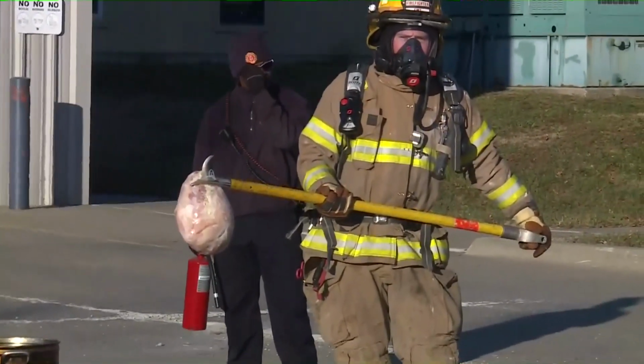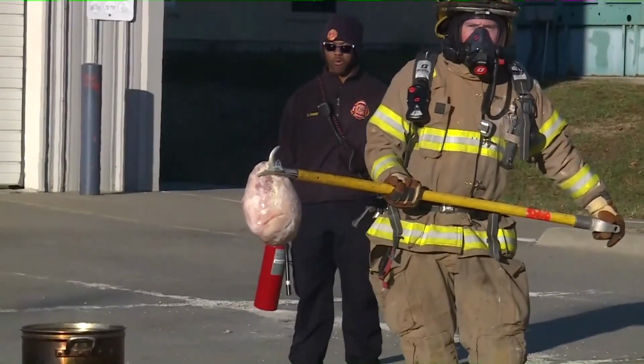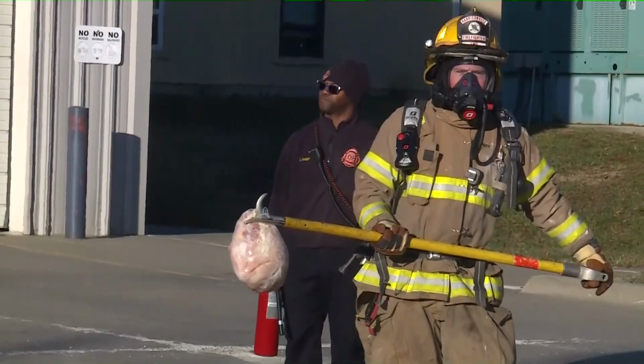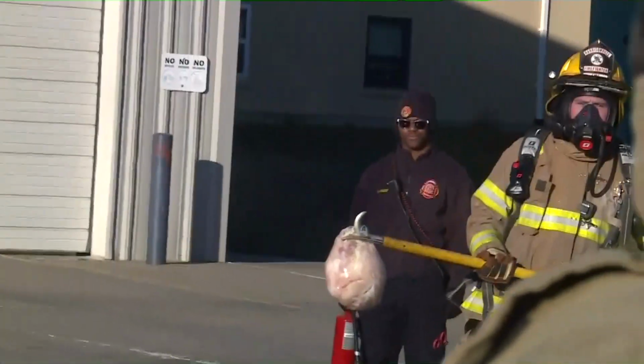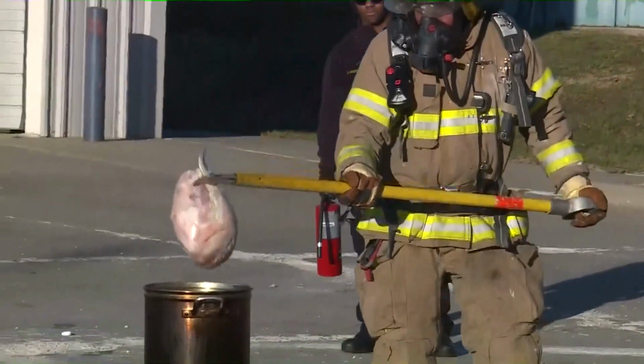So we're about as hot as you can get this stuff, and we're going to show you what can happen with the frozen turkey when it's that hot out in the grease. Okay, and is Tyler going to do that for us? Tyler's ready to go right now. All right. So he's going to drop that in there, and we should get a nice little...